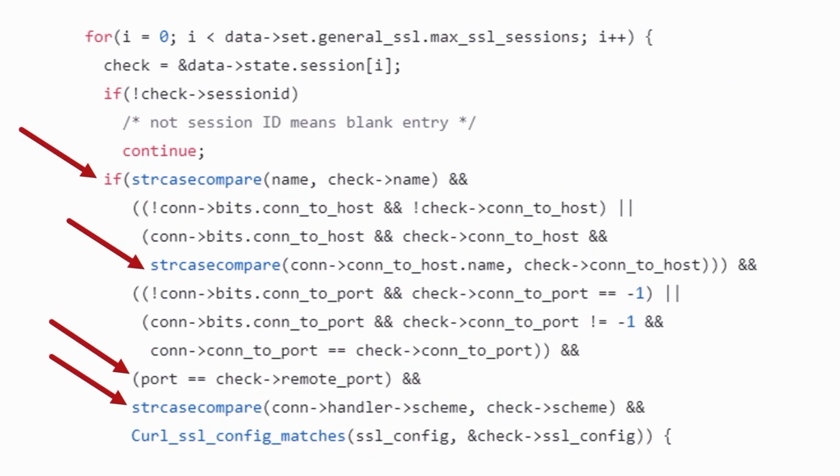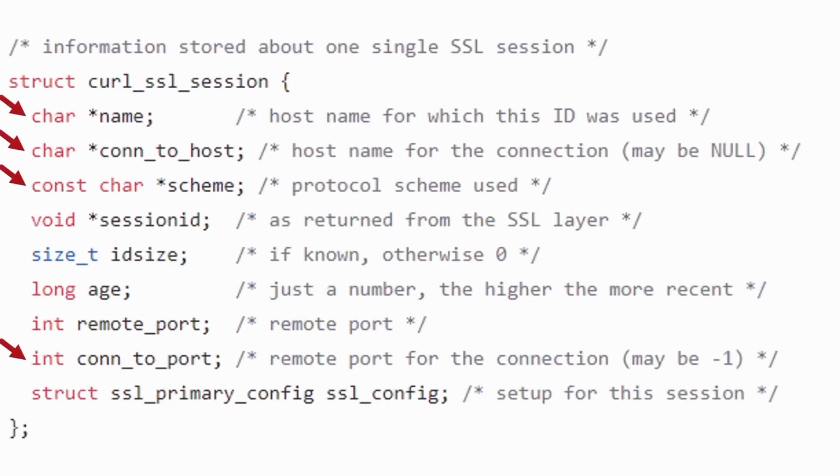I first went to the curl source code, since libcurl is used by a lot of PHP stuff. Sessions are keyed by the 4 key properties here, which belong to this struct. As you can see, none of these are the IP address. This means that no matter what IP address jmadx.com resolves to, curl will attempt to reuse the session. This also happens to be how just about everything else caches TLS sessions. So if you establish a TLS session with jmadx.com, whether it resolves to something on the internet or your own machine, your HTTPS client will not know the difference.